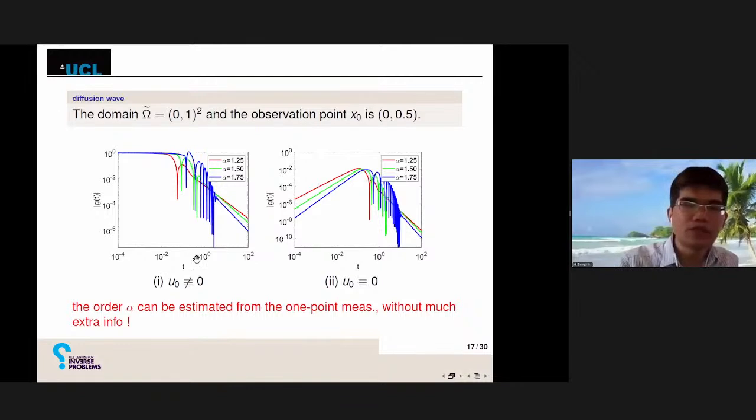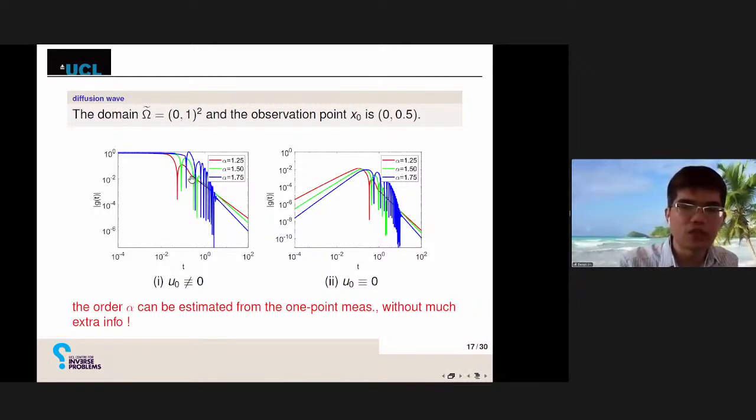And here are some results for the diffusion wave case. So this means just alpha between 1 and 2. And one can observe a very similar asymptotic decay. At large time, we still have a linear decay if we look at the log scale. But before we actually kick in the asymptotic regime, we can see that there's a lot of oscillations, especially if the fractional order alpha is large. And this is not very surprising because